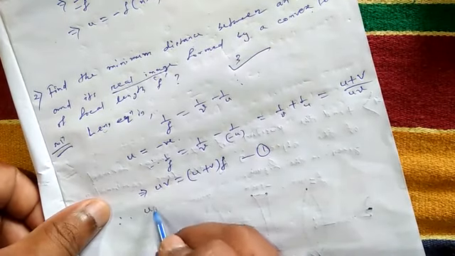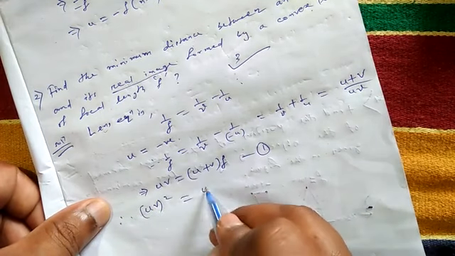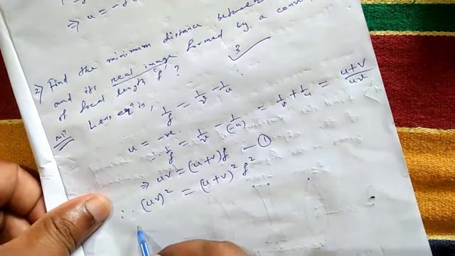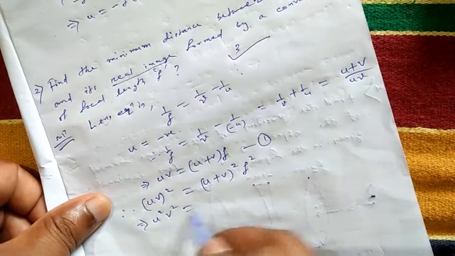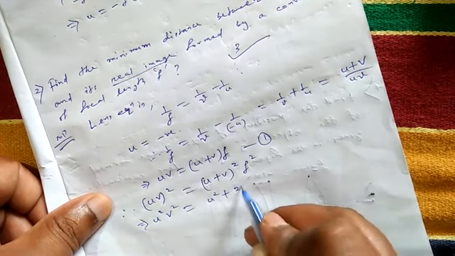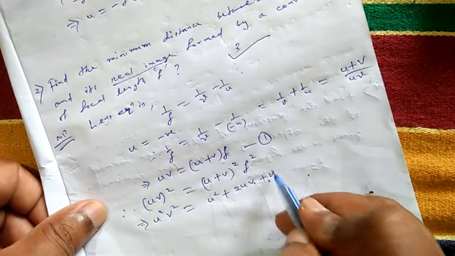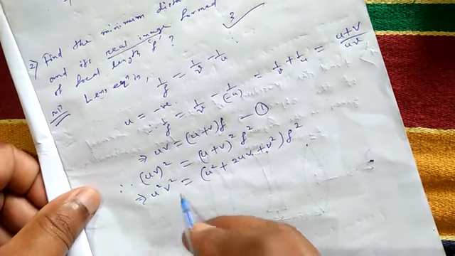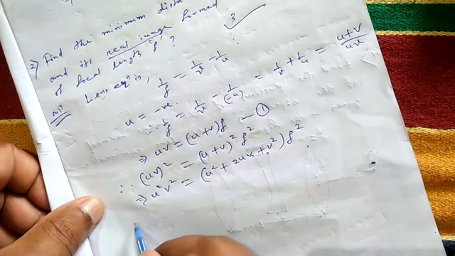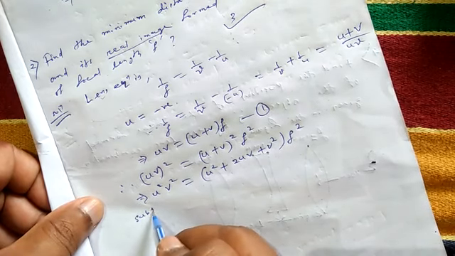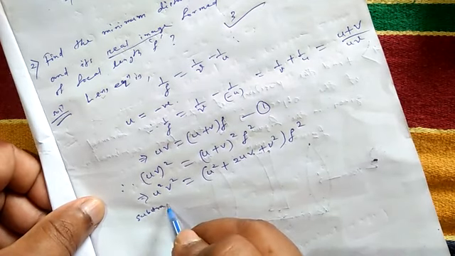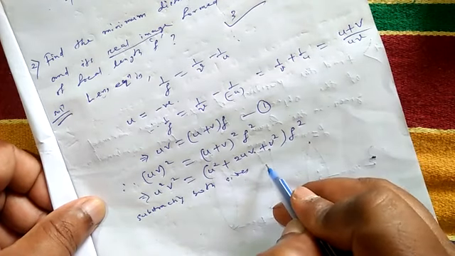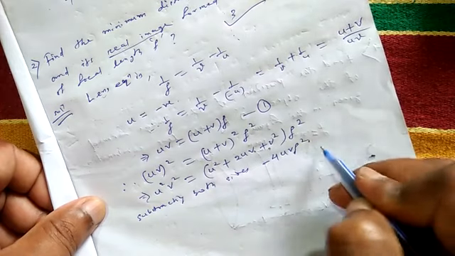So you can write uv whole square is equal to u plus v square f square, implies u square v square is equal to u square plus 2uv plus v square into f square. Now subtract both sides minus 4uv f square, we get